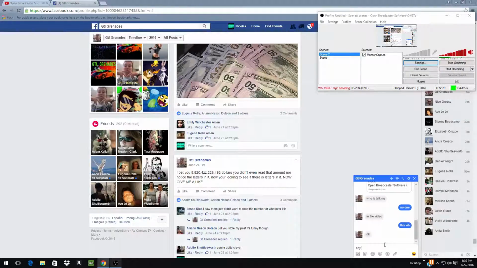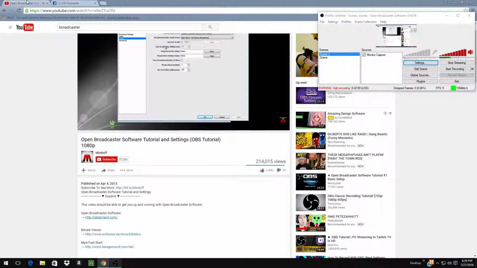Now, your desktop audio device, this is your speakers. You want to choose your speakers here, because you don't want to be recording whatever this other stuff is. This is the desktop audio. So what is being pushed out to you is also going to be recorded. Whatever your speakers are playing is also going to be recorded here. So you want to choose your speakers. You might need to play around with this, but